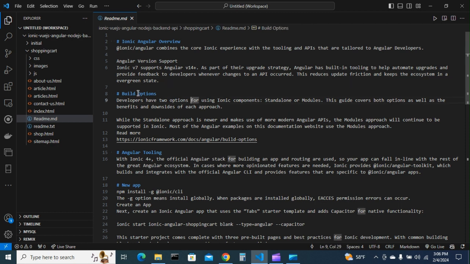So in that, we have build options in Ionic Angular. Basically, we have the standalone components and the modular way, which used to be the way when I used to build Ionic Angular applications. So developers have two options for using Ionic components. They have the standalone or the modules. This guide covers only the standalone component, and we don't cover the modular option because I'm switching